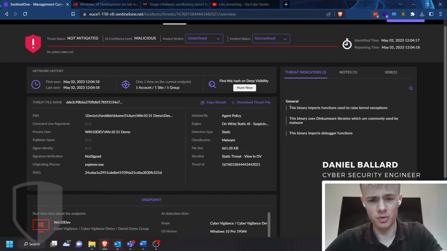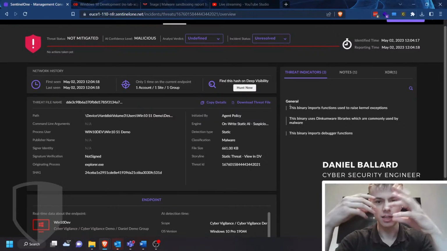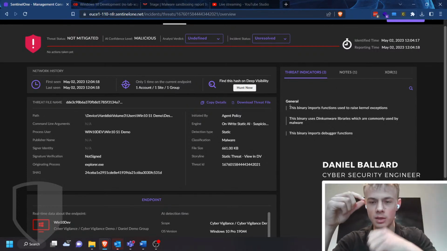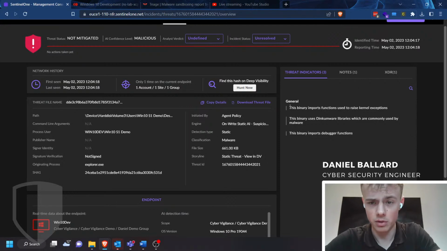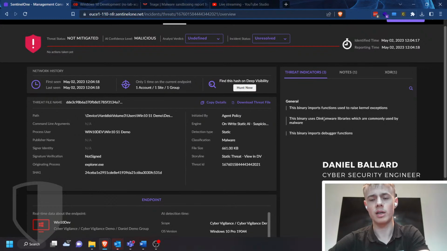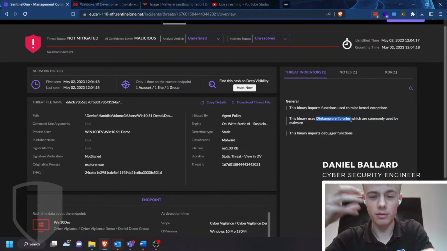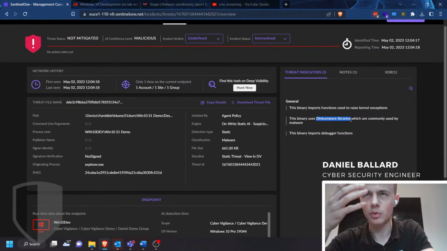So it's probably using kernel32, plus it's unsigned. So it doesn't have any of this built-in trust as an actual piece of software, because it is malware. That's not to say that signed binaries are safe, because we've seen signature hijacking before. So this binary uses Dinkumware libraries, commonly used by malware. This is something that will show up quite commonly in ransomware and sort of data damaging